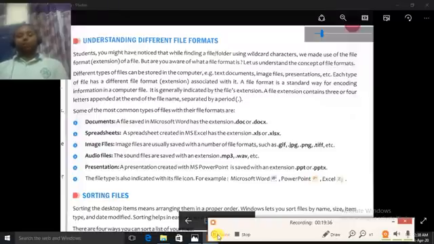For a spreadsheet, MS Excel, you use XLS or XLSX. For image files, different formats are there: GIF, JPG, PNG, TIFF. For audio files, MP3, WAV. For presentations, PPT or PPTX.